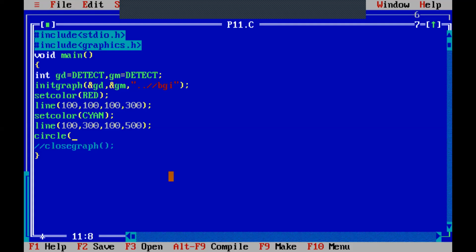So circle command is same. Here I will have a central coordinate, let us say 100, 100, and with radius, let us say 20. Okay. So here first two coordinates are nothing but xy value of center, and 20 is the radius of the circle.